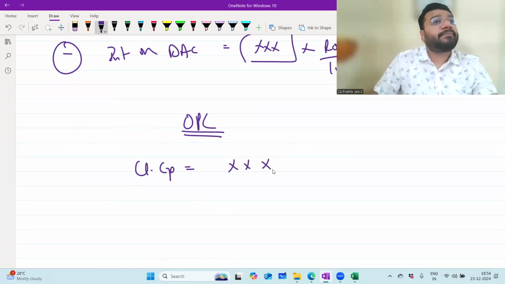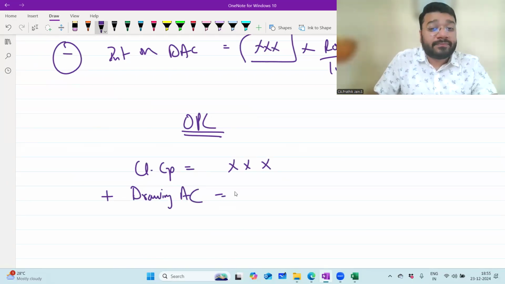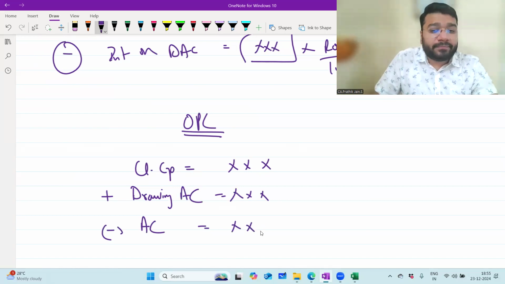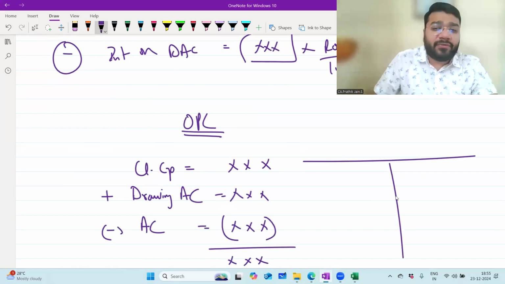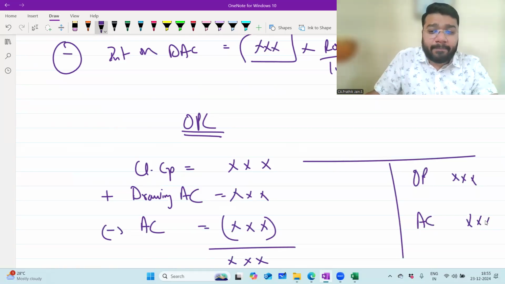Closing capital plus drawing against capital. Very good. Then minus additional capital. I'll get opening capital. In the ledger format, if you see, this is opening capital, this is additional capital, this